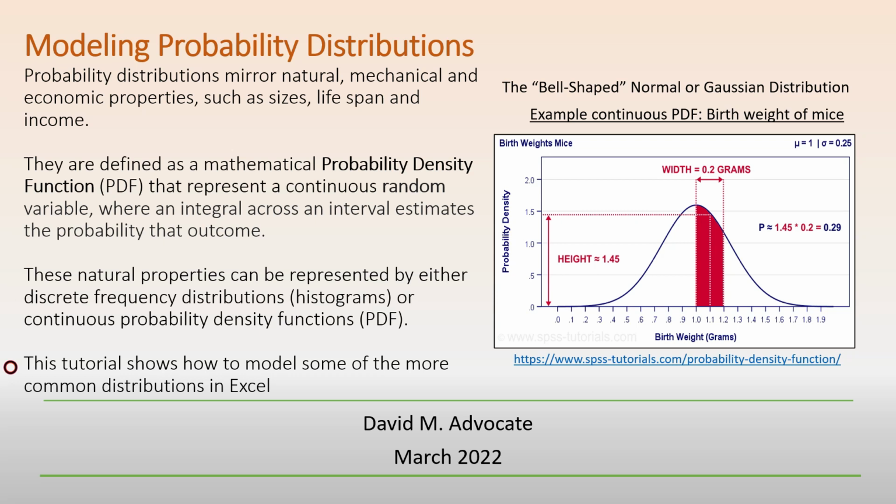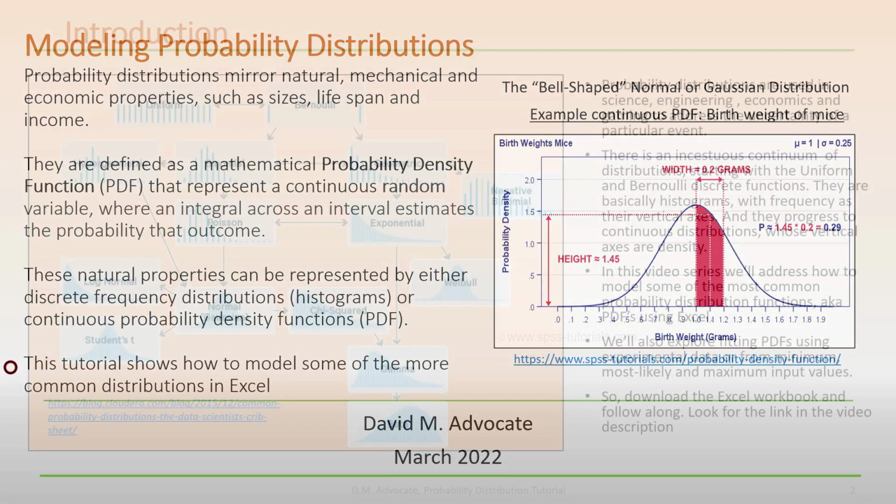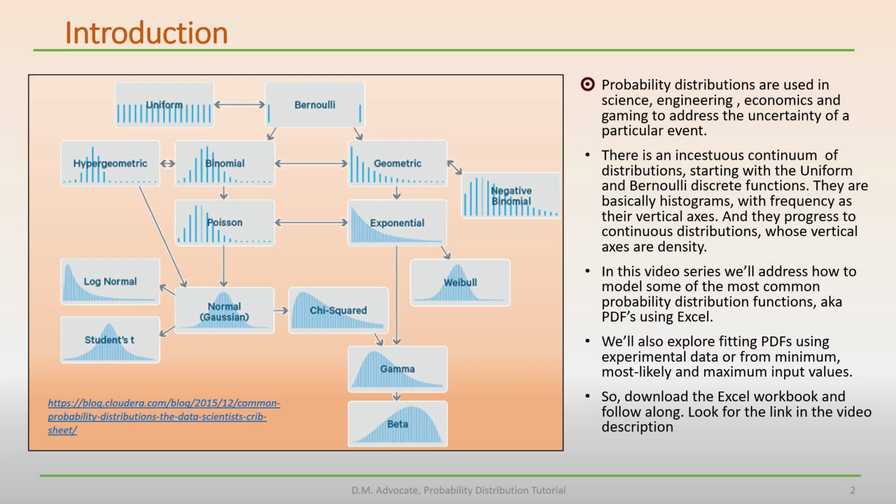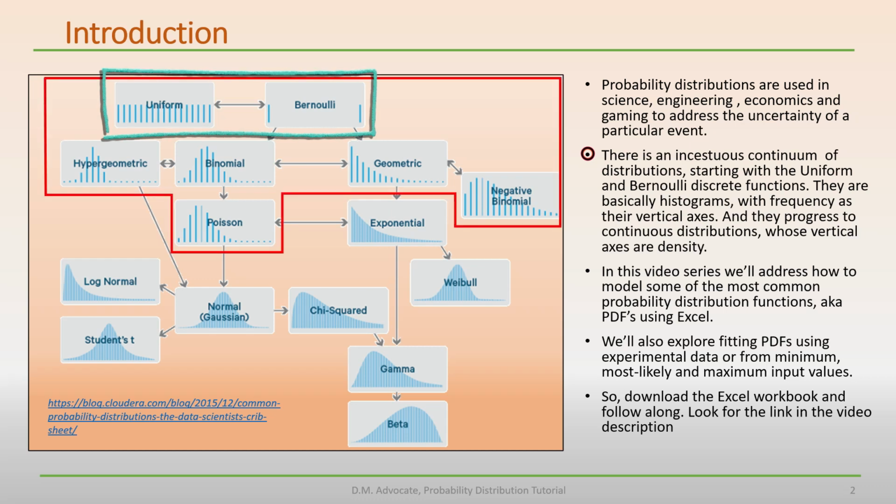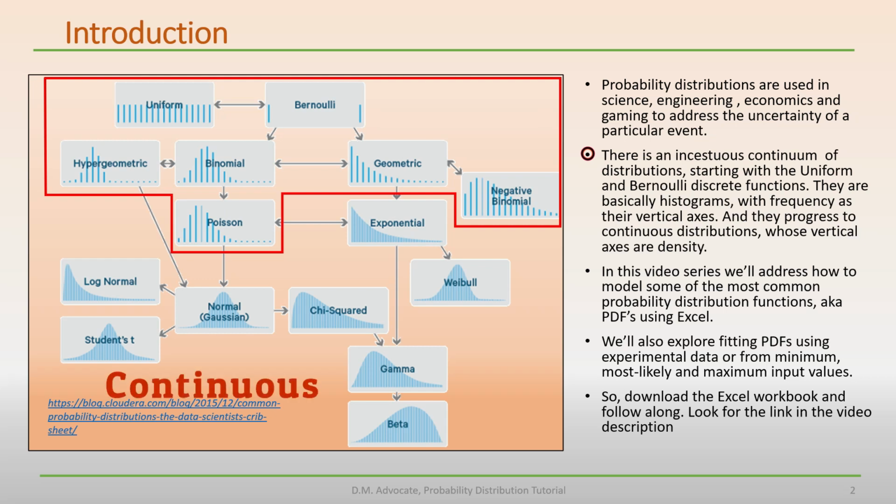This tutorial shows how to model some of the more common distributions in Excel. Probability distributions are used in science, engineering, economics, and gaming to address the uncertainty of a particular event. There is an inclusive continuum of distributions, starting with the uniform and Bernoulli discrete functions. They are basically histograms, with frequency as their vertical axis, and they progress to continuous functions where their axis is